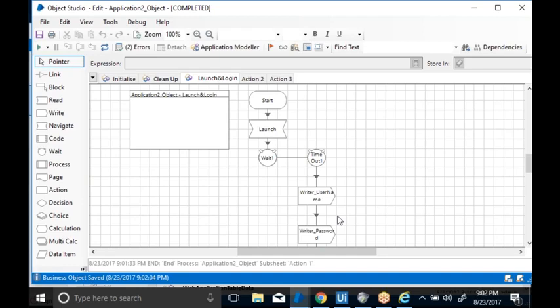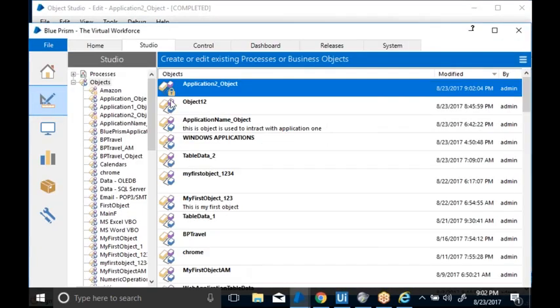Now, whenever you create two different objects, how can you map those two different objects? How can we map it? That mapping will be done in the Process Studio. Now, let's go to the Process Studio. Now, if you go to the Process Studio and create a process called